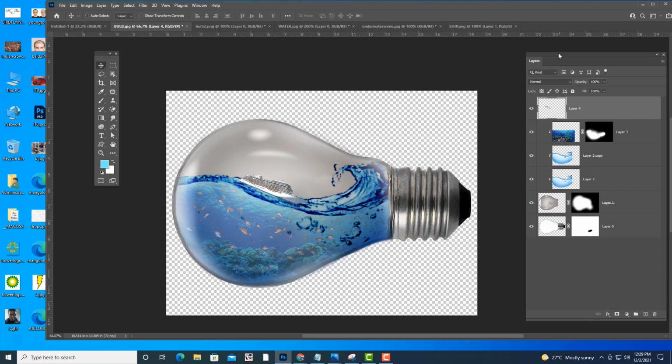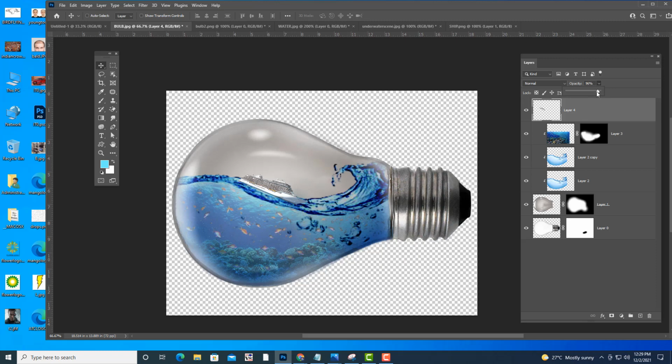Then you can slightly reduce the opacity so that the ship looks as if it is inside the bulb.